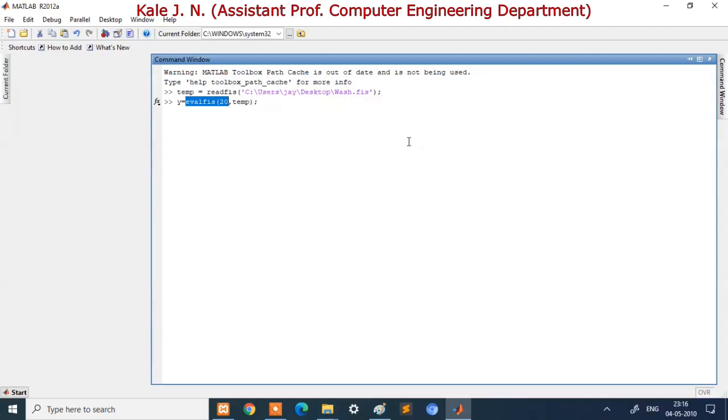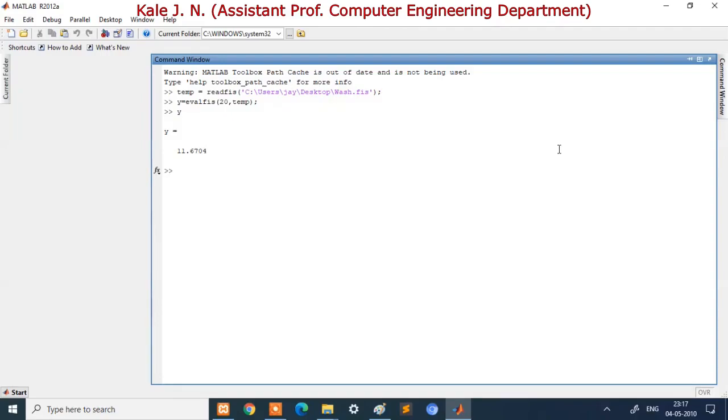Obviously that output is wash time, and it will be saved in variable y. Now let's see what value we are getting for y. y is equal to 11.6704. So what is 11.67? It is wash time. So we can say that if dirt present on the cloth is 20%, then the wash time should be 11.64 minutes.